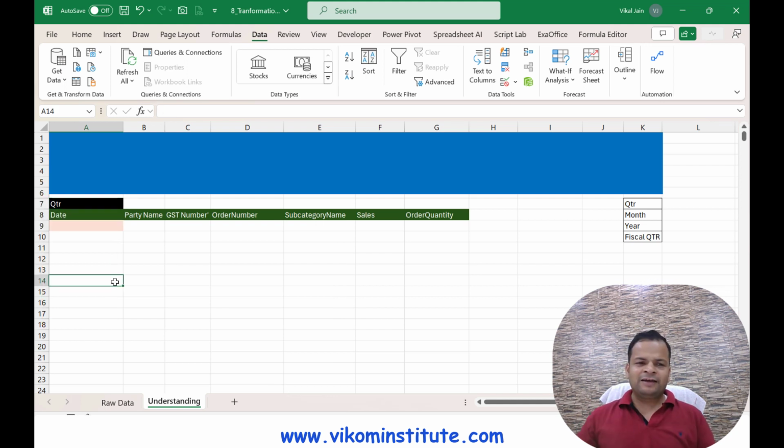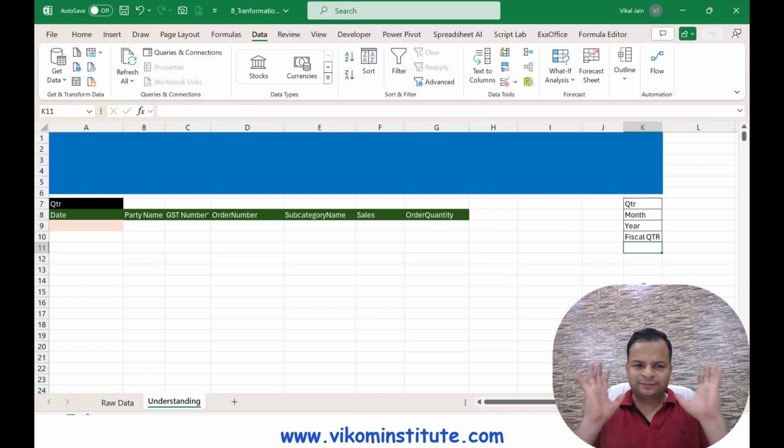Whenever I select quarter, the report is going to summarize by quarter based on the calendar year. If I select month, it is going to summarize based on month. If I take year, then it is going to summarize your report based on years. The last one is fiscal quarter. I can put a fifth option, let's say date or D, so it is going to take the full report as it is. The choice is yours. I am taking only four examples; you can take any number of examples.